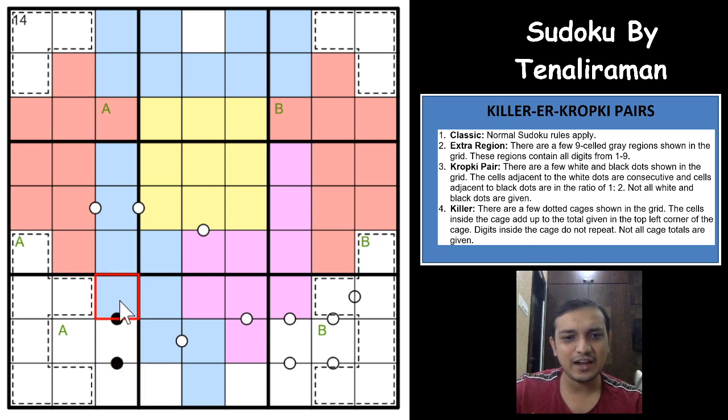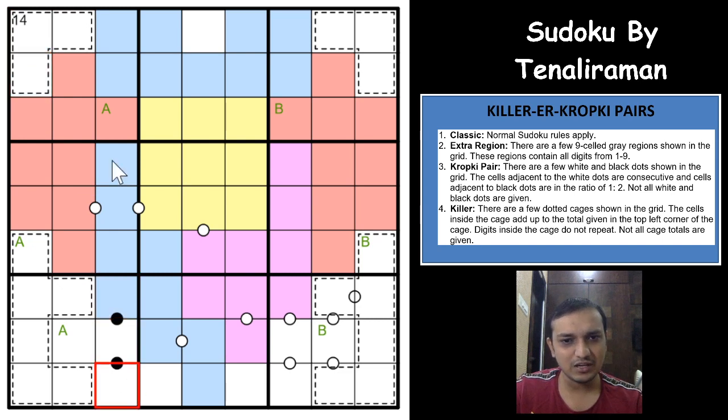these three digits, we had two possibilities of numbers with multiple possibilities of placements, right? The possibilities of numbers are 1, 2 and 4, or 2, 4 and 8, right? So whatever digits you have here cannot be in the A, because A is already seeing all these three digits. Which means that whatever digits you have here will have to be in one of these 5 red cells in this box. So in box 4, whatever you have in these 3 cells would have to be in these 5 cells in box 4, right? Which means that will have to be in the 14 cage in box 1.